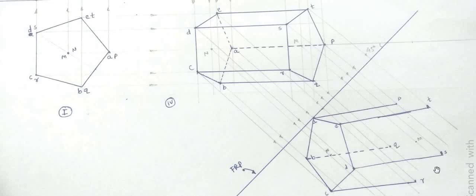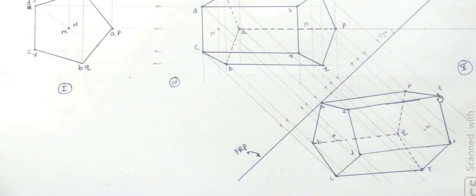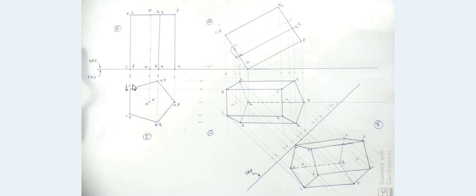And finally we will be completing this remaining base. So in the last stage we have completed this remaining base. Here also PT, TS, SR are not intersecting, hence continuous. But while joining PQ and QR, they are intersecting already drawn line, hence they have been drawn as dotted. So the rule of visibility we have used for completing this view also. And this completes our problem. This is the object in simple position. This is the condition with respect to HRP, these two figures, and these two figures complete the condition with respect to FRP.